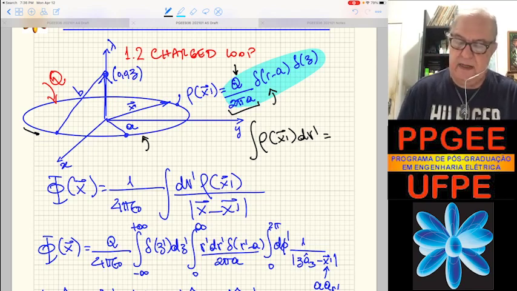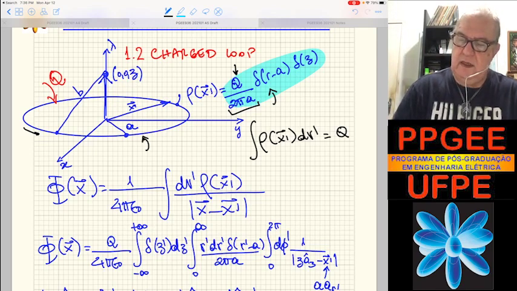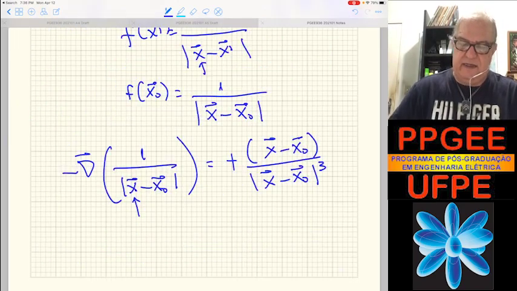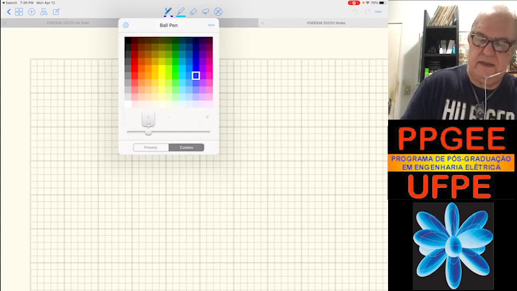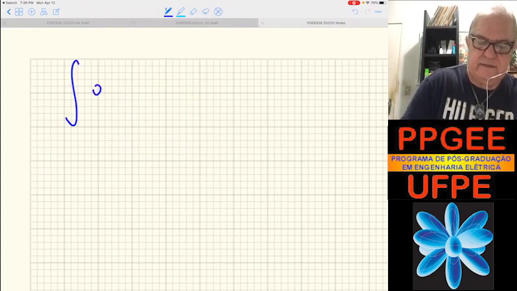So this is going to be Q, okay? So let's do this calculus separately here. Let's work on the density here. So my density